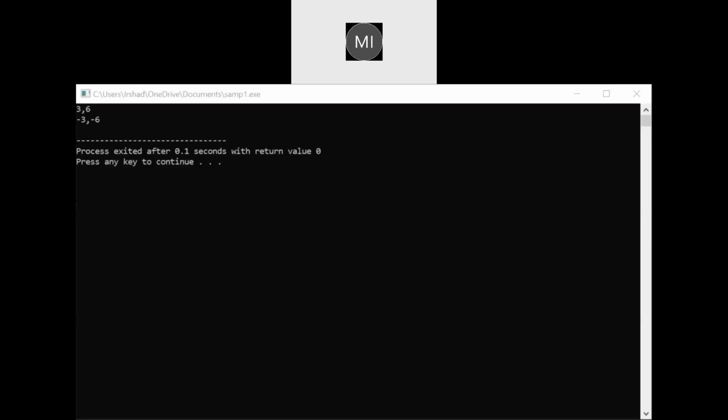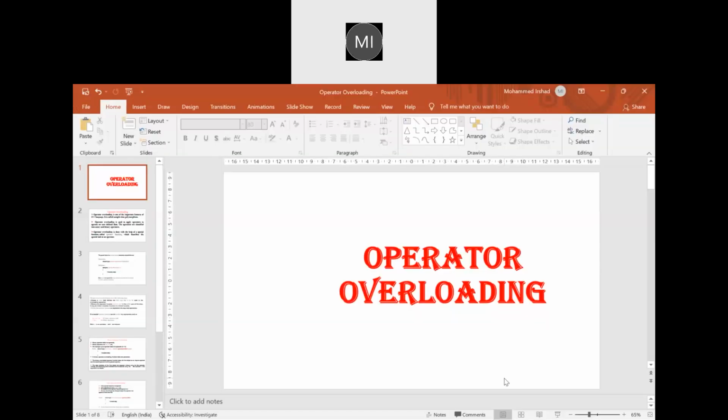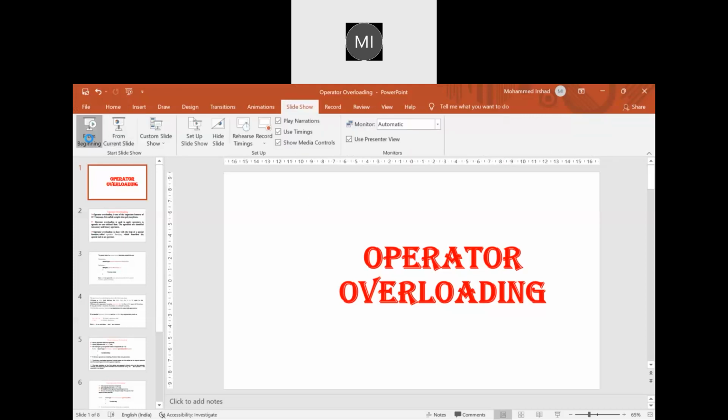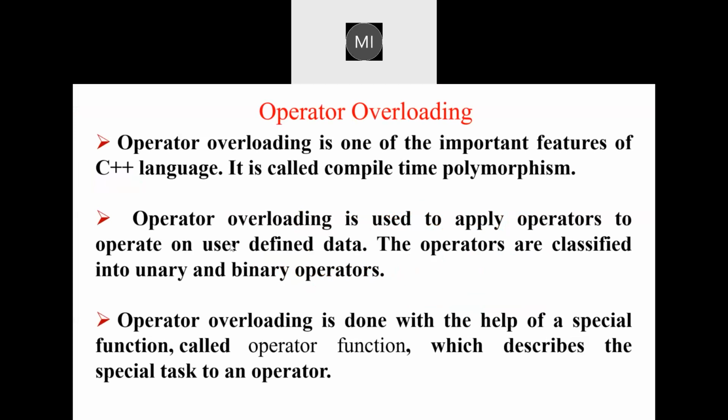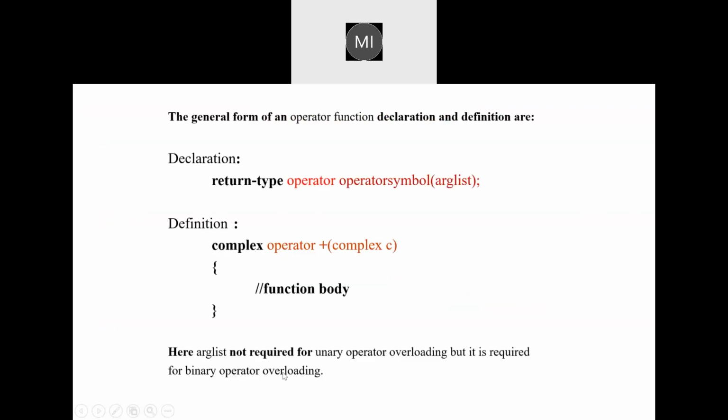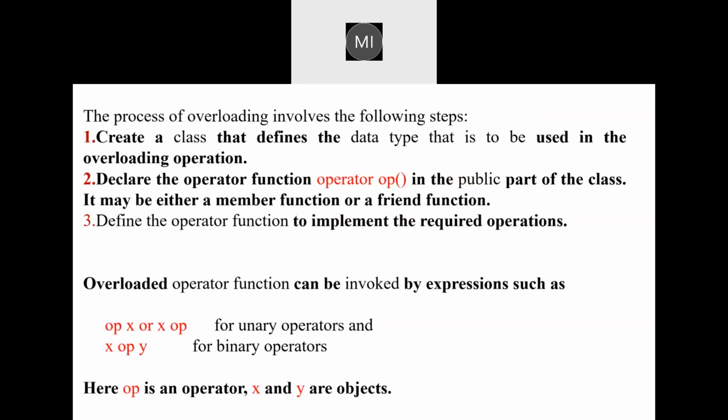So let's see now exactly what is going to happen here. Previously I just explained to you about binary operator. If you see this point, this argument is not required. If you see the last point, you can get to know that an argument is not required for unary operator. Just now I said that there is no argument in unary operator overloading, but it is required for binary operator overloading. Then, the difference between unary operator and binary operator is that a unary